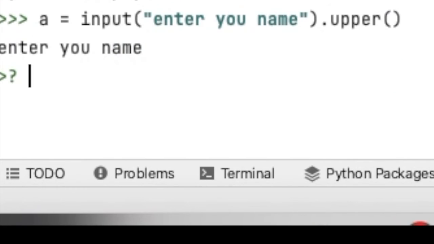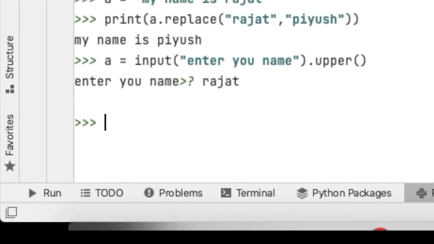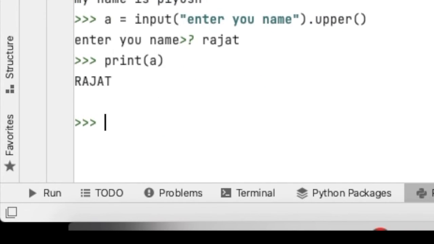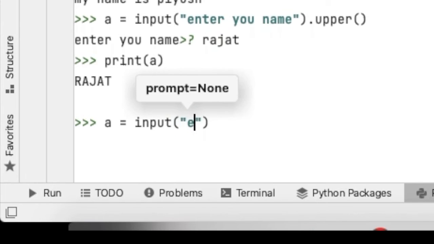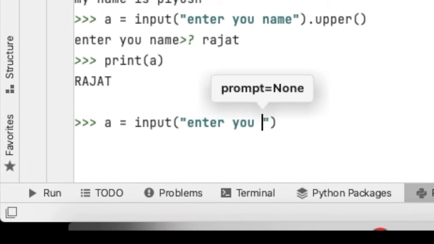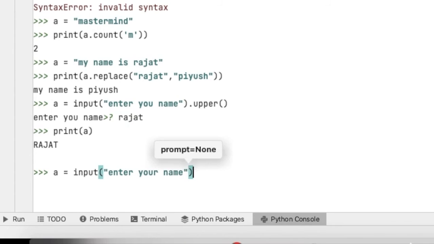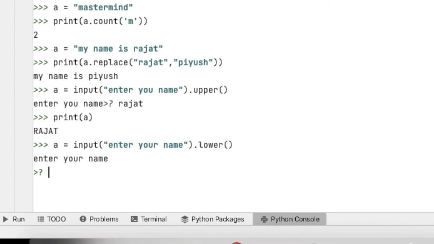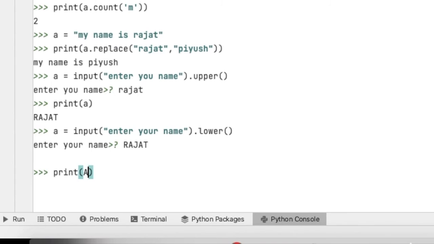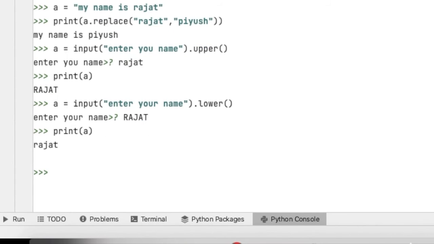Now if we type in lower case, but if we print A, it will come in upper case. Like this we can use lower here, enter your name dot lower, Rajat, I'm taking in a capital case. If we print A, you can see here it will come in lower case.